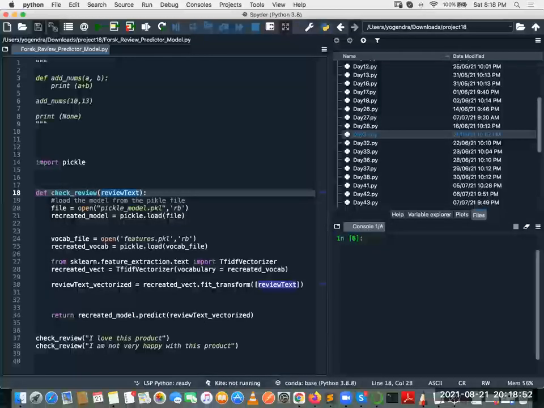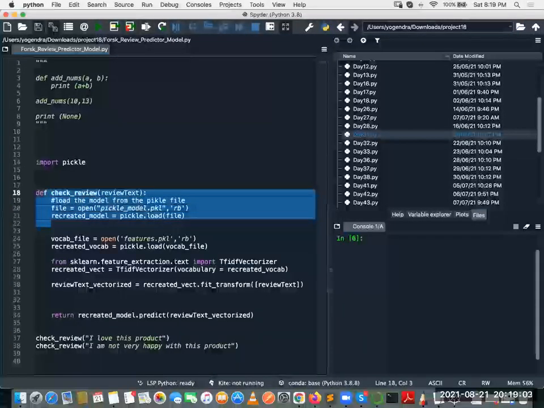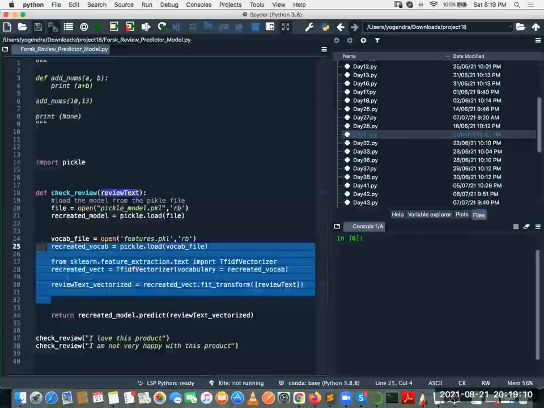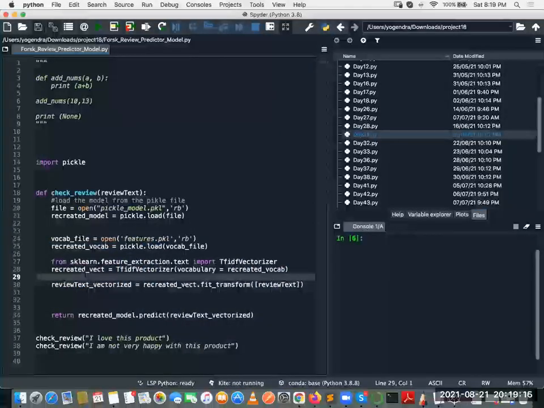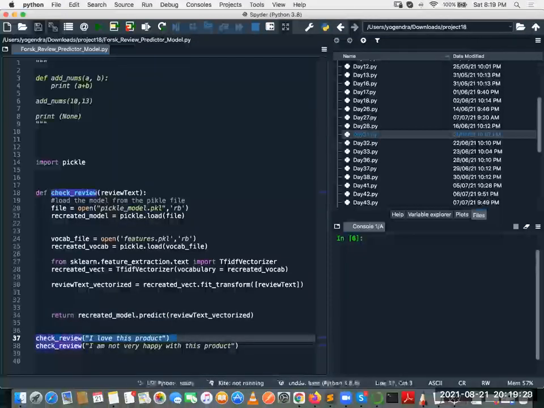And guys, this is the code which I don't want to explain as of now, but what is happening here is we are loading our model here, right? Once the model has been loaded, we are converting this text review into a numeric representation here, guys. And this step is the conversion happening. So now the model is ready. Our data is in a numeric format. And now we are asking for the prediction. And that predicted value is getting returned here. Do you see, guys? Right? And now if you call this function, we should be able to get a prediction.